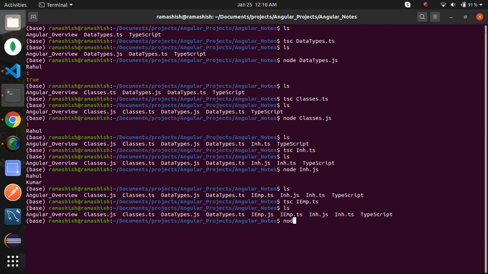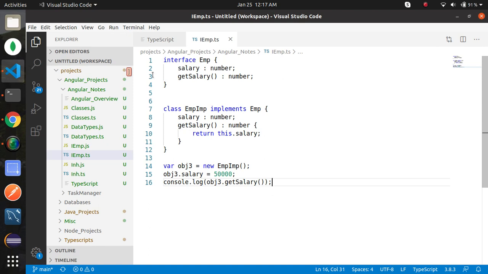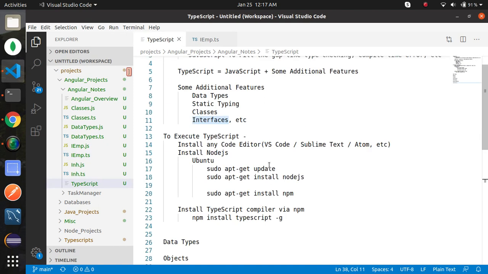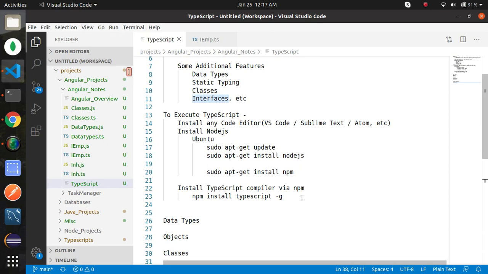Now use node ie.js, and if you look here, 50,000 that we have given in the code. So all are working fine. Now we have completed this lecture, so let's move to the next lecture.